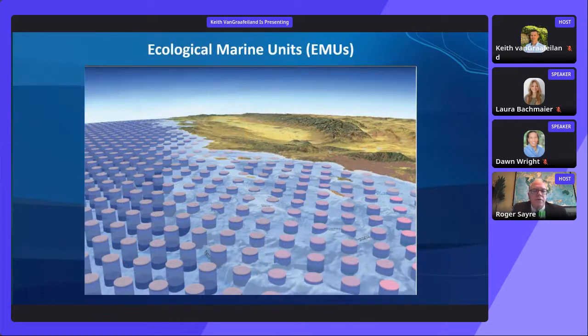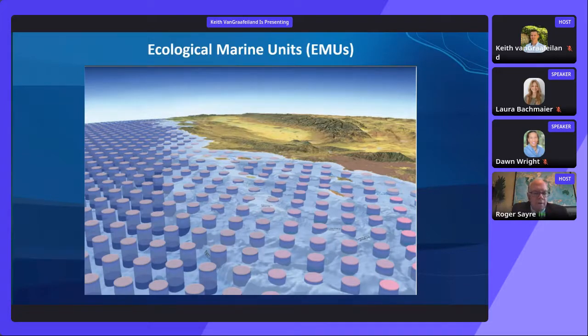The EMUs are a global, true 3D characterization of oceanic pelagic waters. We built the EMUs from 52 million points from the NOAA World Ocean Atlas resource. These cylindrical columns that you see here represent the long-term average values of several important variables like temperature, salinity, dissolved